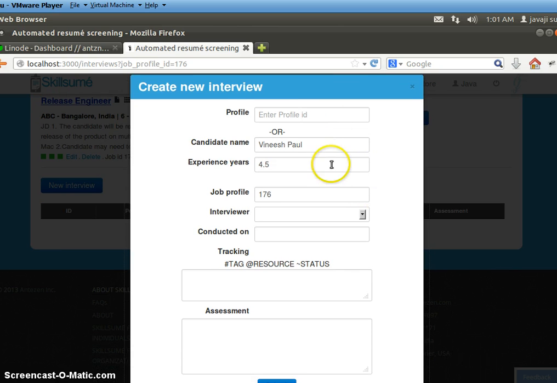If you give the profile ID, the name and experience are automatically picked from the candidate's profile. The job profile comes here auto-filled because we have decided to create an interview for this job.